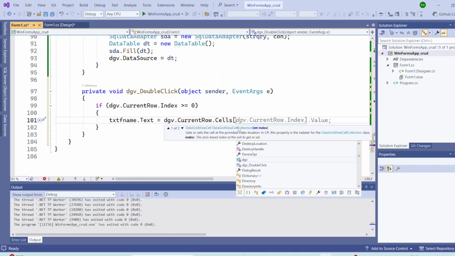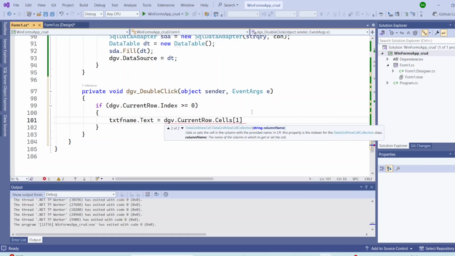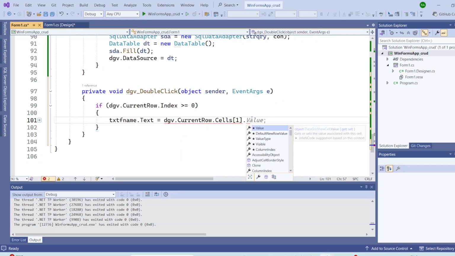Here we can give index or name also. Okay, so first is one, right? So that is we can give one dot. No, first is customer ID, right? So second is the first name. So 01. So one dot value dot to string